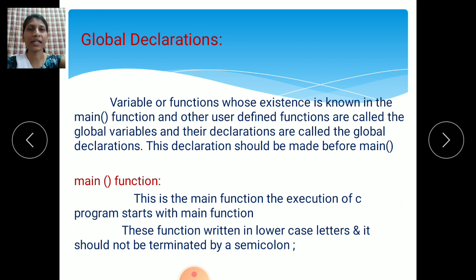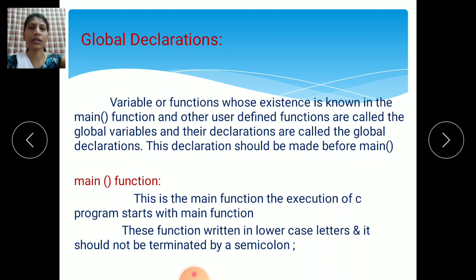Then global declarations. Global declarations means what? Variables or functions whose existence is known in the main function, meaning we are using the variables and functions in the main function and the other user defined functions, are called global variables. Whatever variables or functions we are using in our program are called global variables, and their declarations are called global declarations.